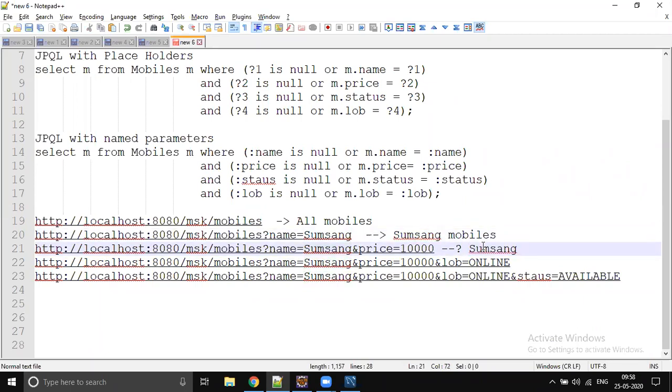Here we are going with one price, but you can implement between also. You can take two parameters, min price and max price, and do a between operation. Online store, price, Samsung, all these are optional parameters, they may come, may not come. If the parameter value is passed, then you should apply that filter. If the parameter is not passed, you are not supposed to apply it.